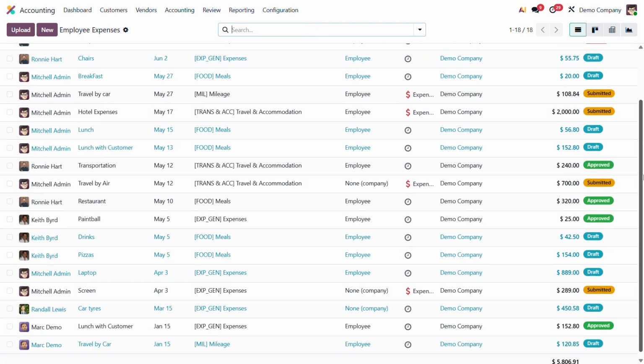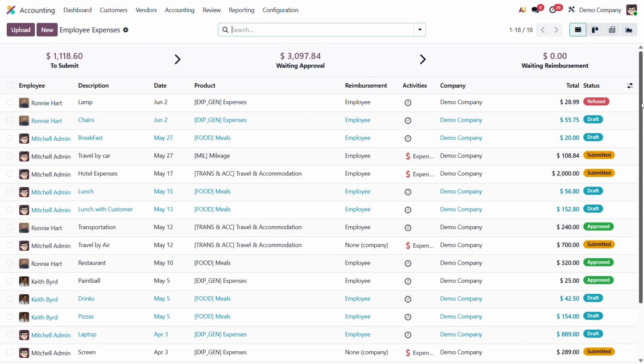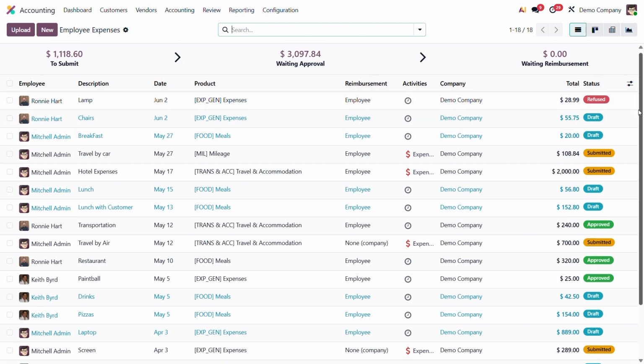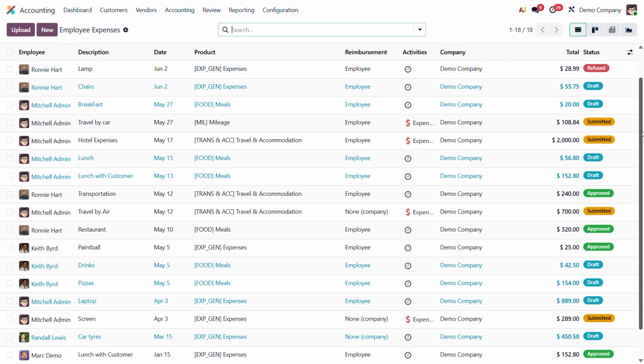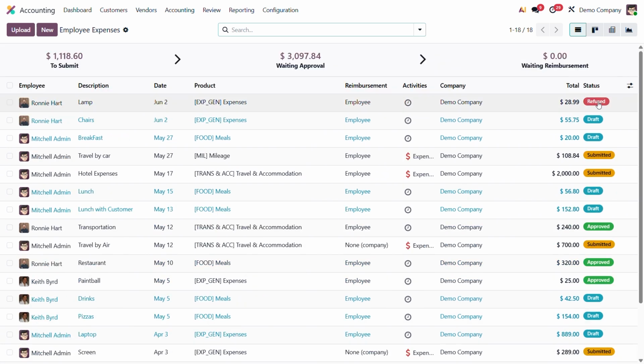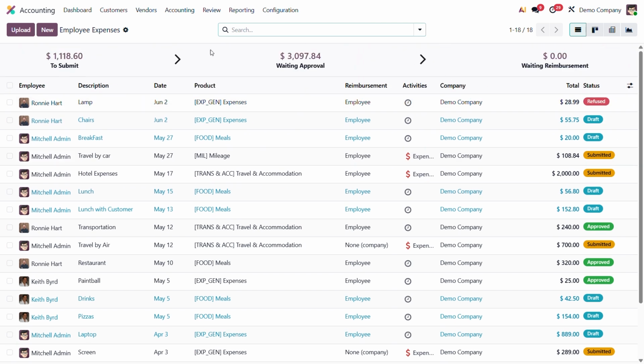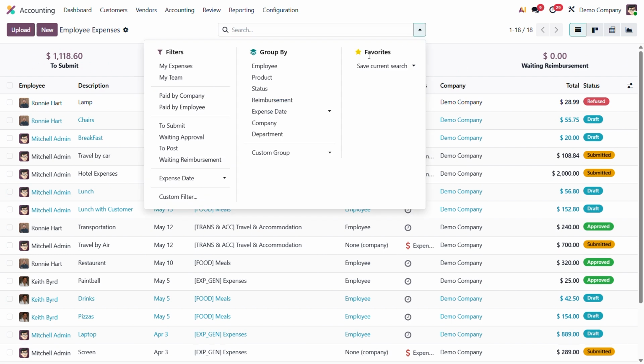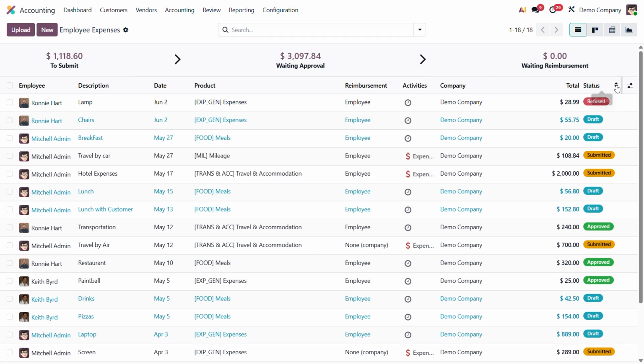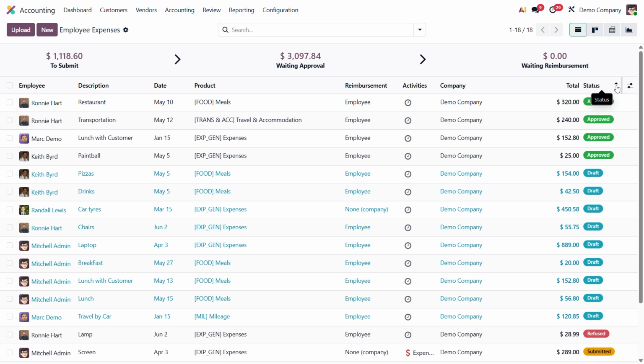So here are all the expenses submitted by employees. You can see these are in different statuses, like reviewed, draft, submitted, approved, submitted, approved, right? So if I need to check which ones I have to settle, approved. So the approved ones, I will need to